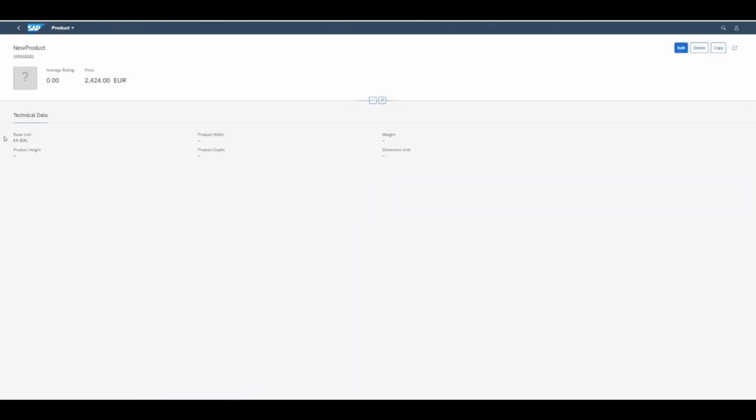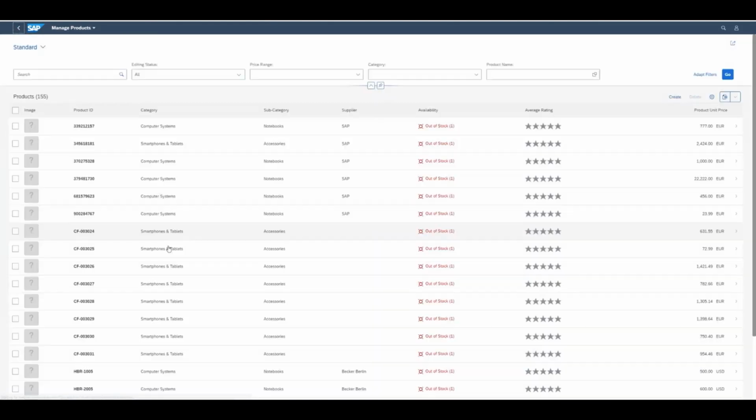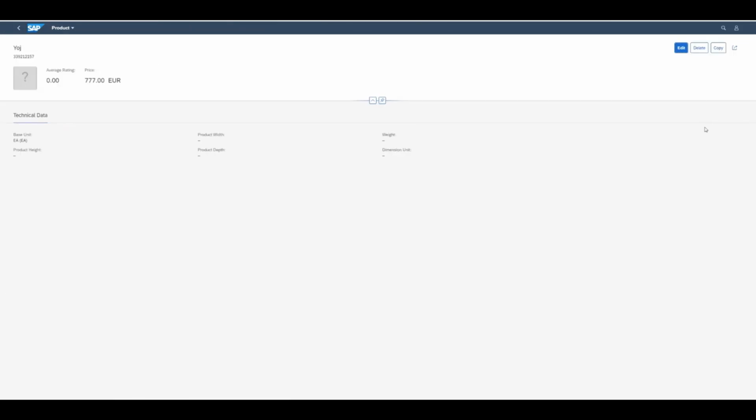And you see it has a name, technical data. It has several fields. For some of them, there are already data available, for others not. That depends on what data is available in the backend. So with steps 1 and 2, we created in the object page a new section with a modified field